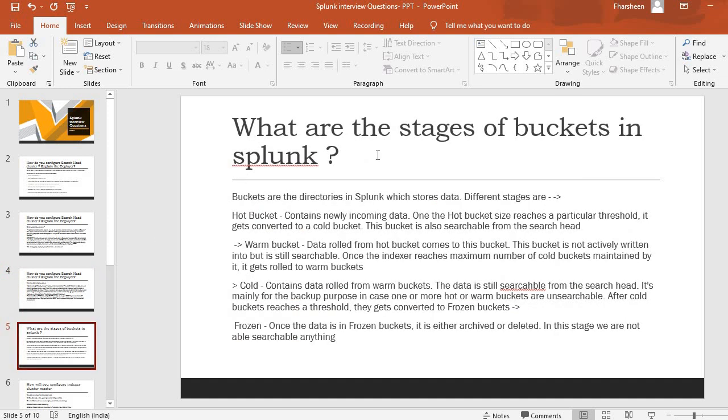What are the stages of buckets in Splunk? Buckets are directories of Splunk which store data at different stages. They are hot bucket, warm bucket, cold bucket, and frozen bucket. Just to give you an easy understanding, whatever new data comes in will be stored in the hot bucket. Generally Splunk stores the data for 24 hours, 12 a.m. to 12 p.m. Once the retention period gets complete, the data